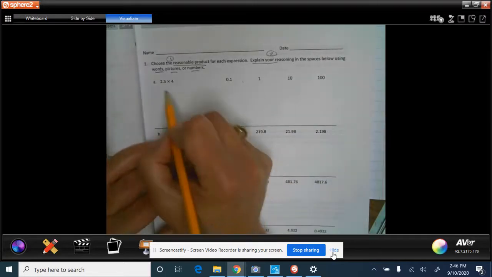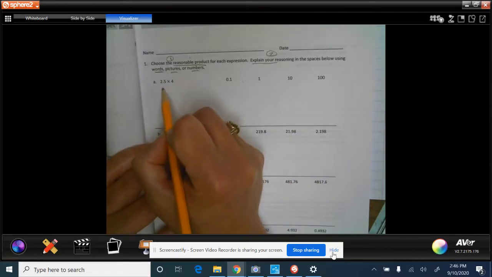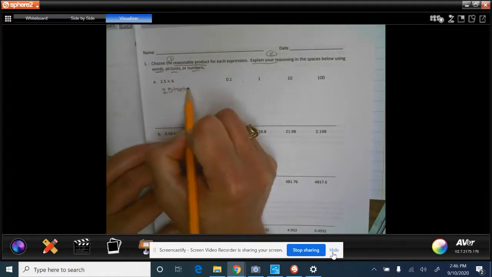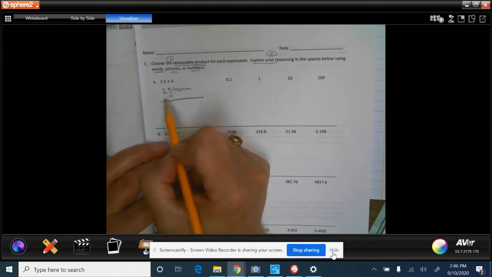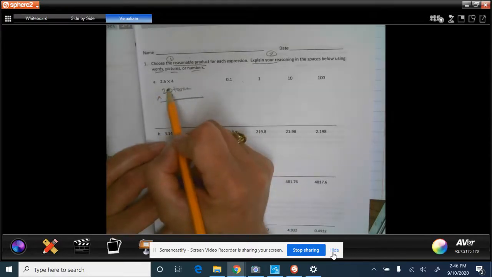Okay? So what I'm looking at right here is 25 tenths times 4. 25 times 4 would be the same as 4 quarters, right? 25, 50, 75, 100